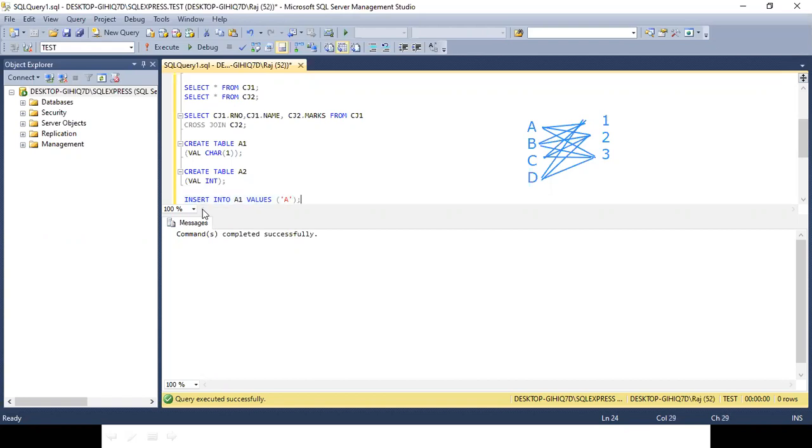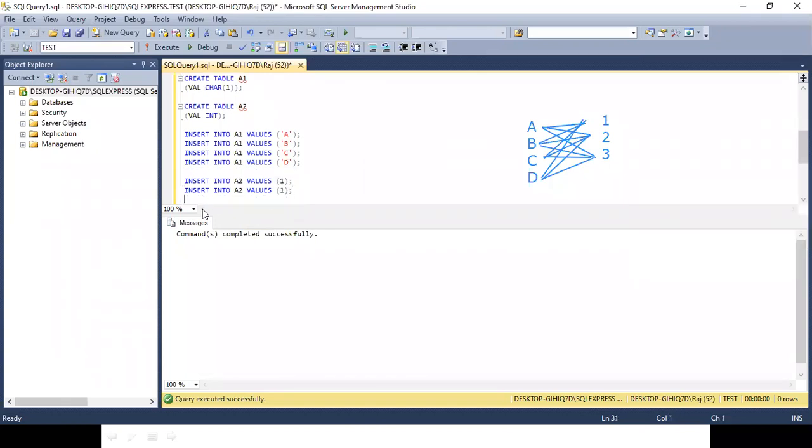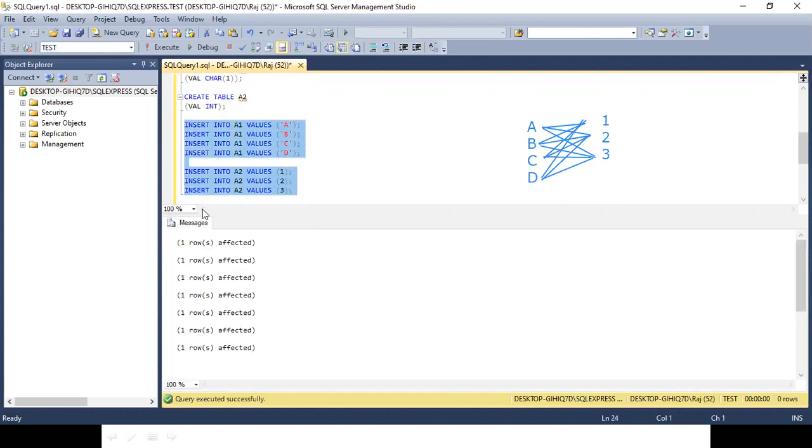I have just created these tables to give you an example. Now, A1, A2.